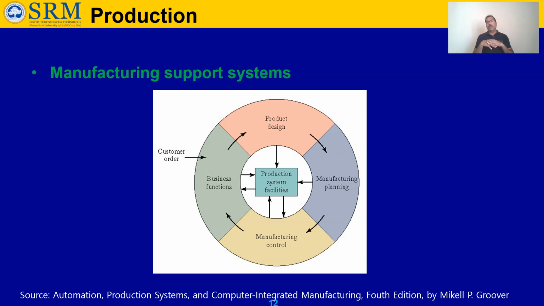Then it goes to the manufacturing planning team. They make the overall plan of the particular component, how it should go, and the capacity planning and the resource planning, everything will be done. And in manufacturing control, once the planning is done, execution follows, whether it is right or wrong. Planning alone is not going to work. Whether it is running properly or not, whether we obtained the required quality or not, we have to do the control. That control is done by manufacturing control.